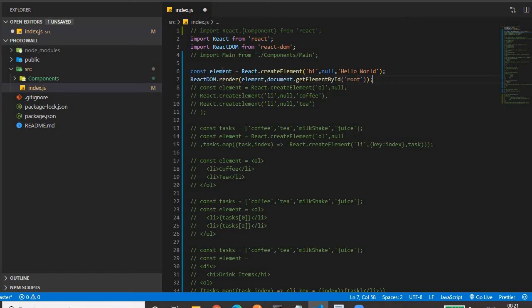So once we created the element, we are creating the h1 element with the content. Then the next thing is we have to render that element so that we are able to see it in the browser. For rendering that element, the function is render. It is available in React DOM. That's why we have to import the React DOM package. ReactDOM.render takes the element that we have created. Then we need to render it using some container. So where will it be rendered?